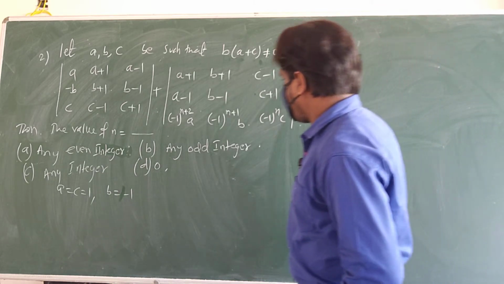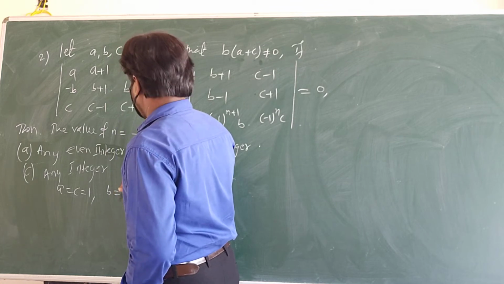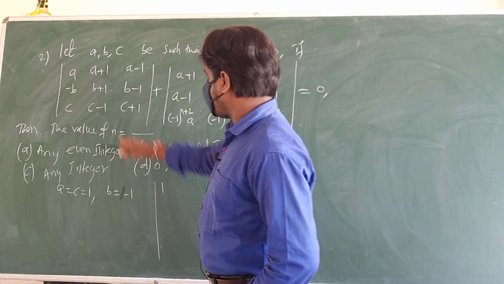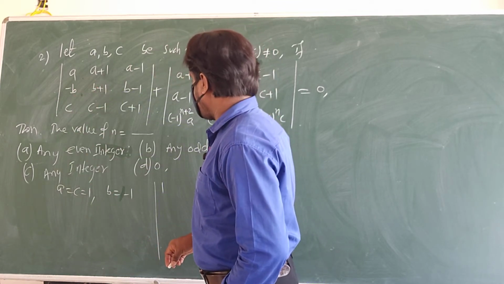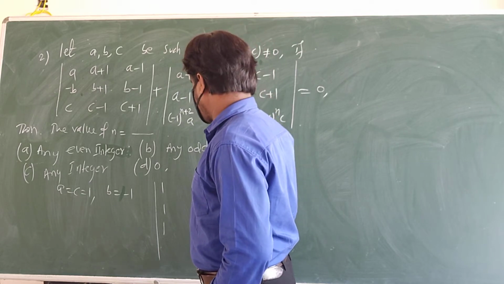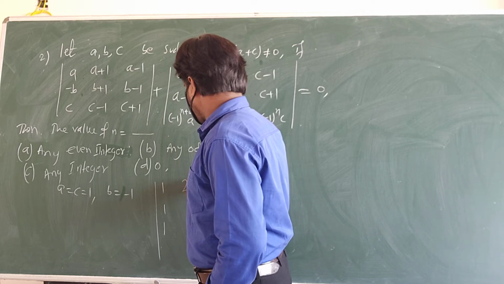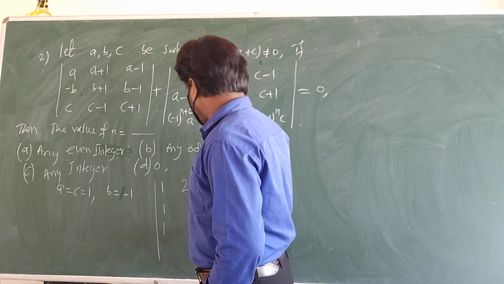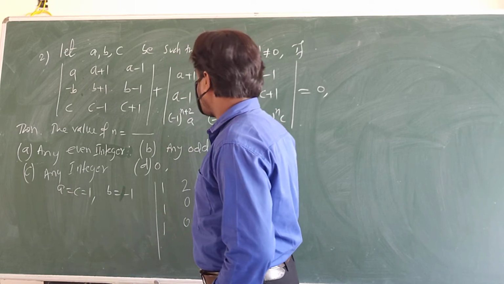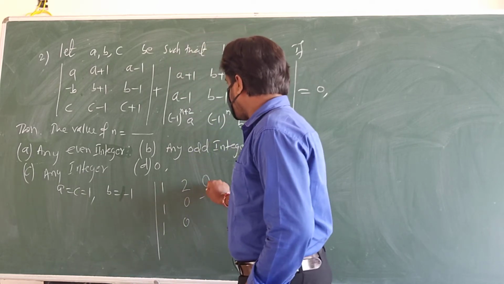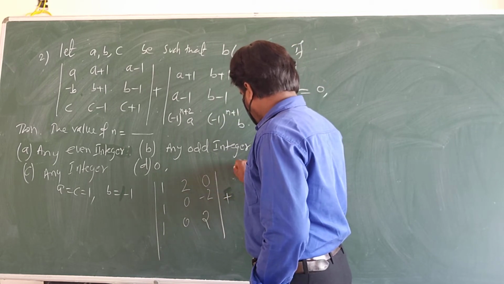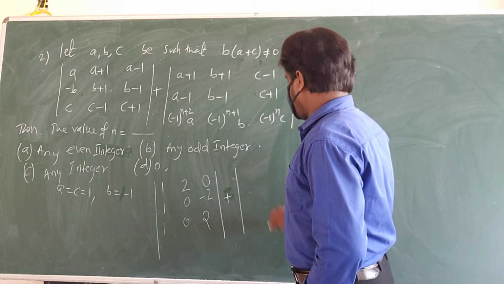Okay, if you take A is 1, so 1. Why are we taking B? To make this row the same. So 1 1 1, all 1s you got. Now 1 plus 1 is 2, minus 1 plus 1 is 0, 1 minus 1 is 0, 0 minus 2 is minus 2. Okay, that is plus 2.